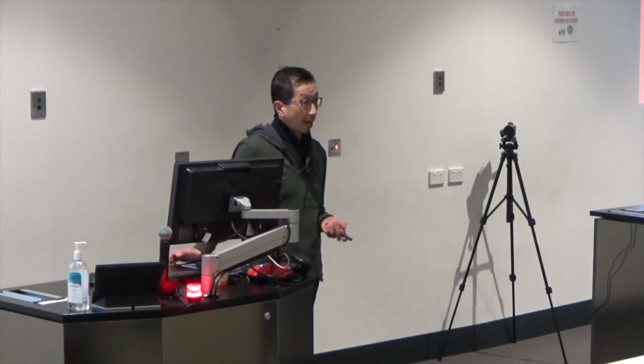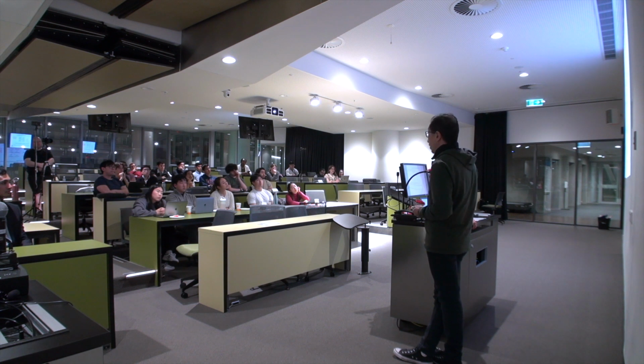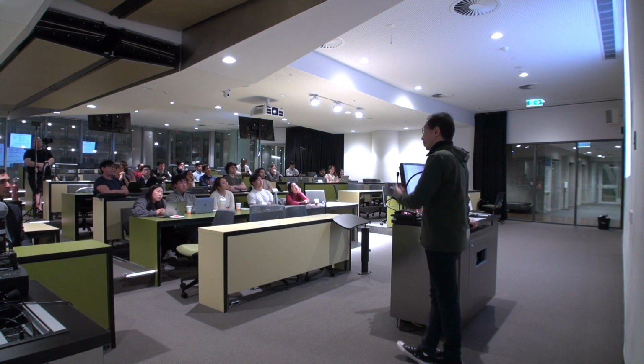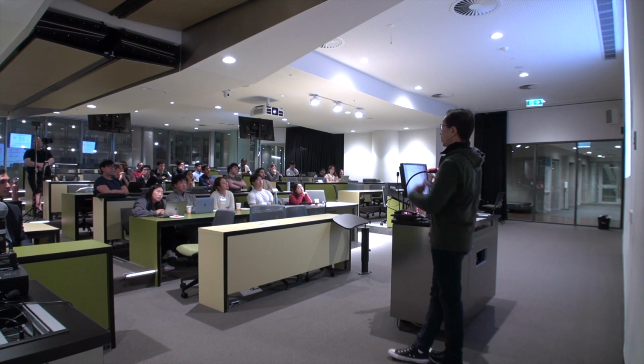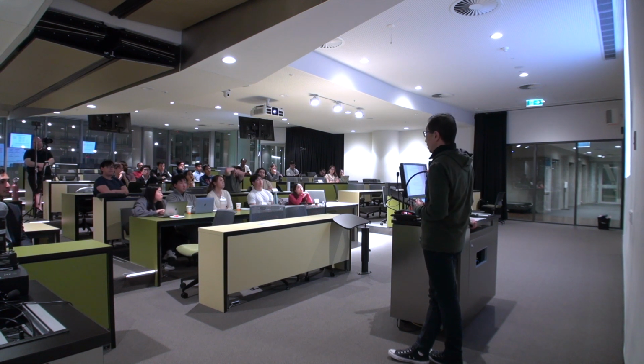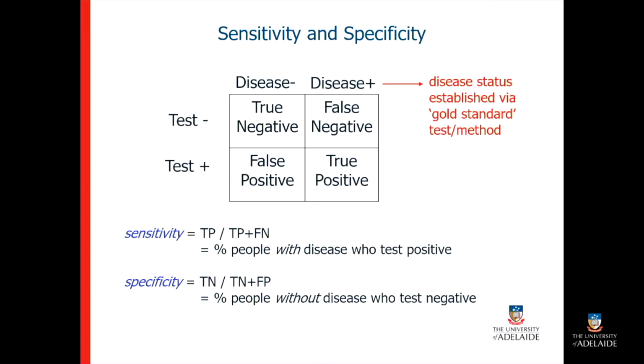And then there are 4 measures of accuracy, if you like. The first 2 are sensitivity and specificity. I won't go through each of these in detail, so much as to remind you this is study design and these are the outcomes that we're hoping to achieve. So sensitivity and specificity of the test refer to how accurate, for a given condition, whether it's present or if it's not,